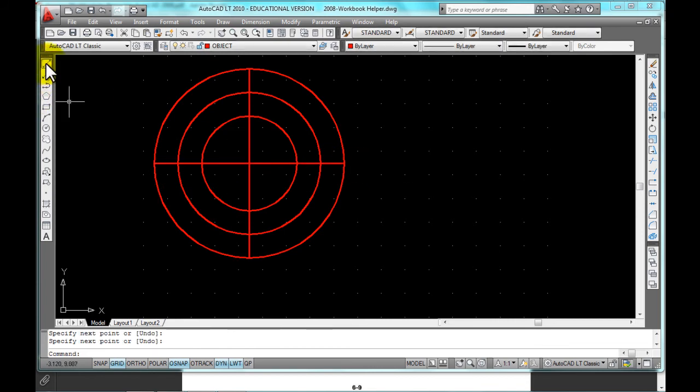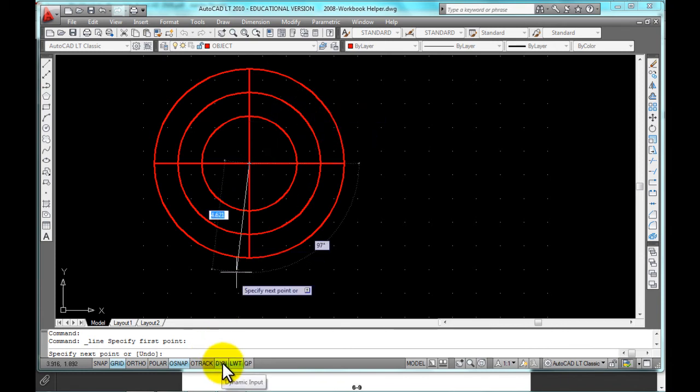Go ahead and click on line, and we'll go ahead and click on the center here. Let's make sure the center pops out. There it is. Okay, center pops out. Okay, now these lines here are at 45 degrees, so we're just going to go ahead and go 45 degrees right there. Okay, we got to make sure in order to see this 45 degrees that we have this dynamic